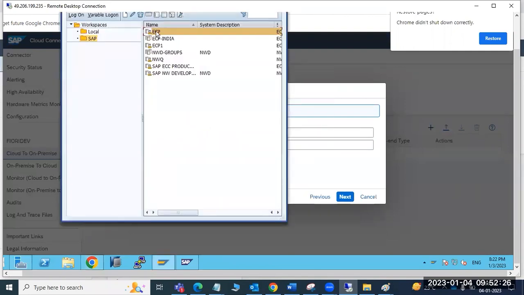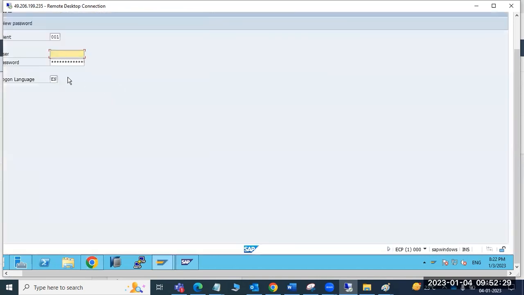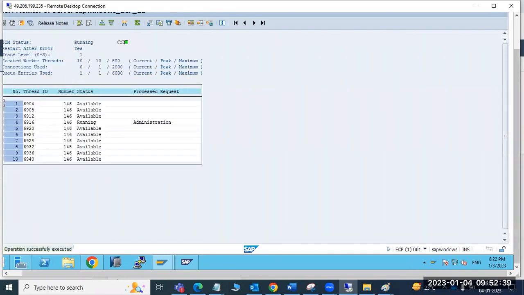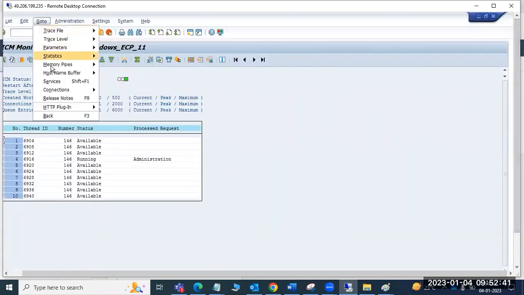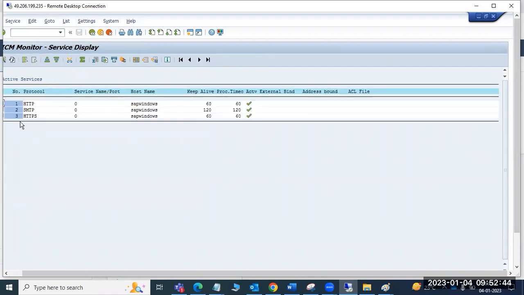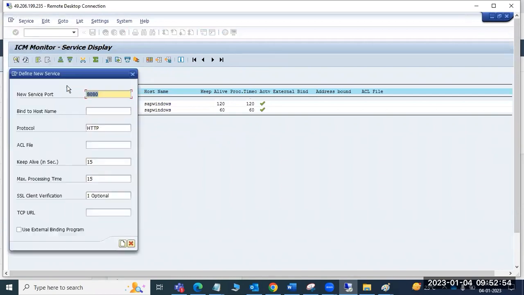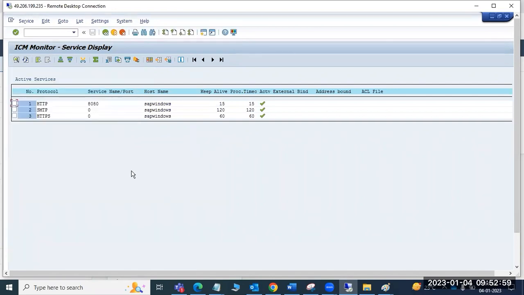I have one practice system where ECC is available. No, I have ports not configured here. Let me configure the ports here. Okay, my port 8080 is active here.